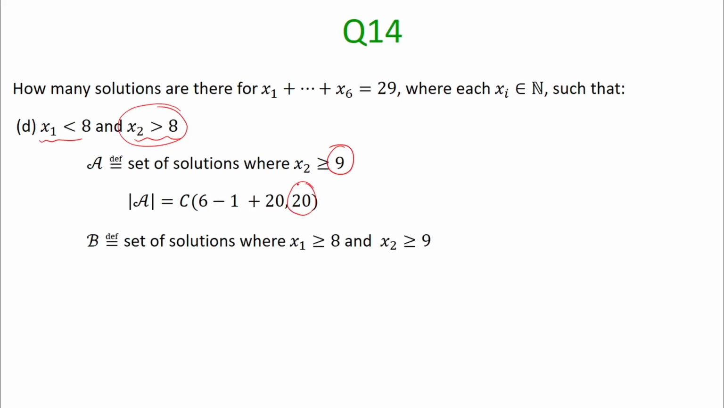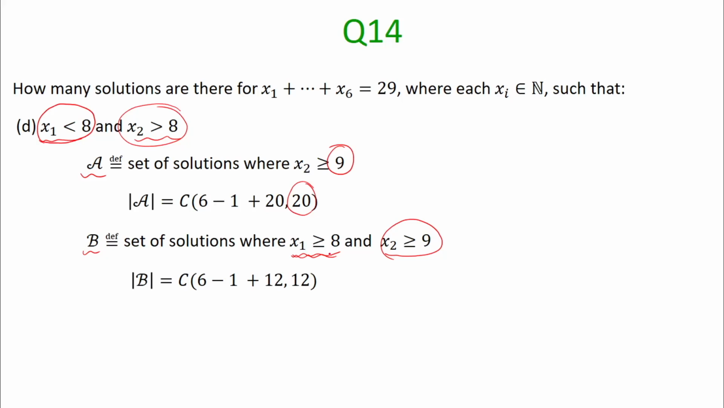And now let's find the number of solutions where this first restriction is violated, namely x1 is greater than or equal to 8 and x2 is greater than or equal to 9. What I am trying to do is this: the set A that I have defined here has all those solutions where x2 is at least 9, including those with x1 less than 8 as well as x1 greater than or equal to 8. So I am trying to take out those solutions where x1 is greater than or equal to 8 from this set A. I am denoting that set as B, and the cardinality of the set B is this,